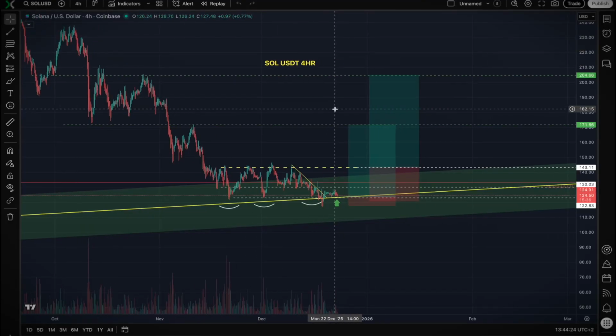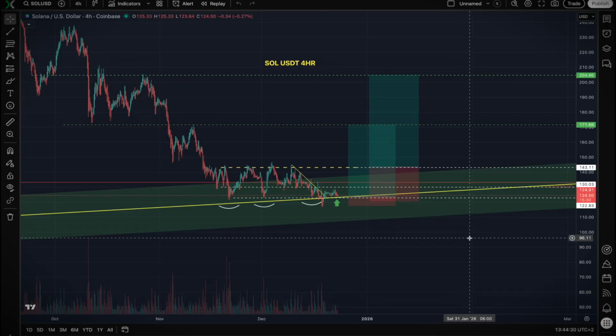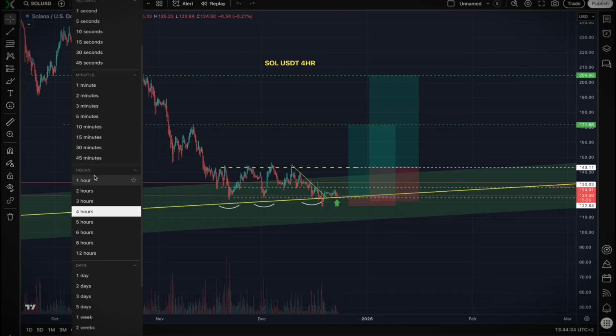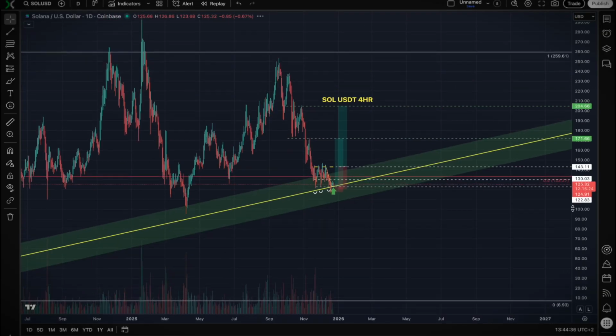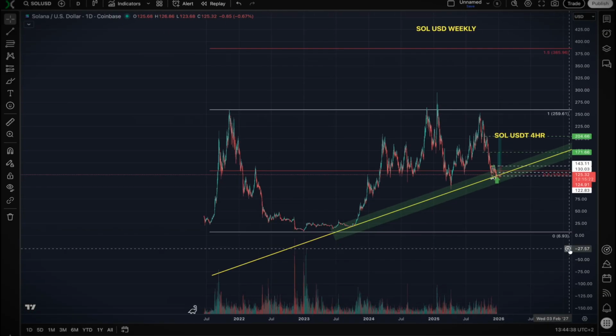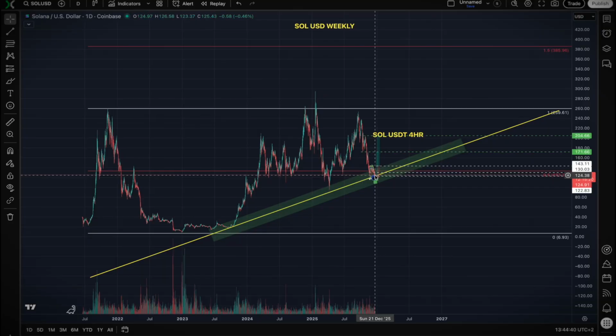Hi everyone, we're going to just check in with Solana, Crypto OG, SOL/USDT 4-hour chart. Now, Sol's holding its own. Sol is essentially at a long-term pattern resistance, and just for the uninitiated, let's show you what that pattern is. This is the pattern. It's a very large ascending triangle, and we're sitting right here, and you can see there's